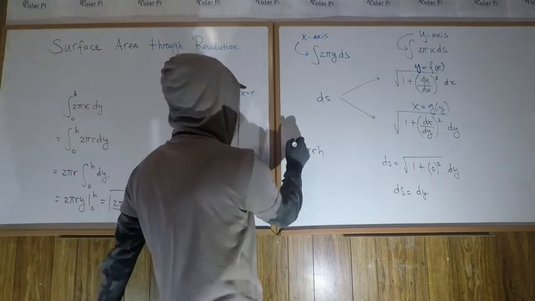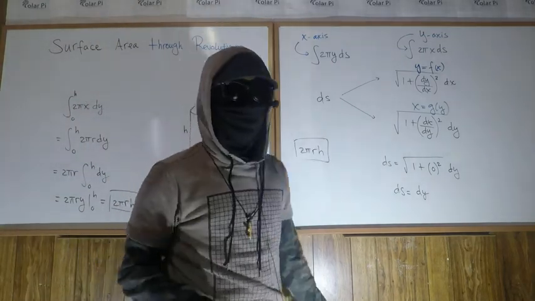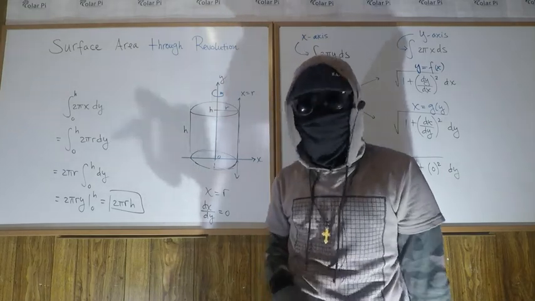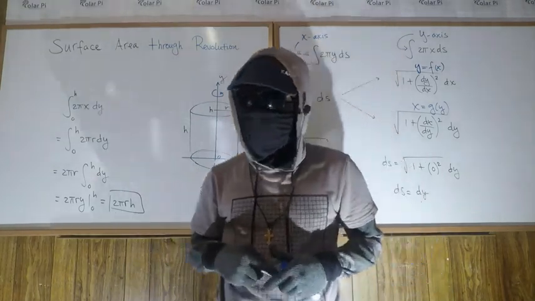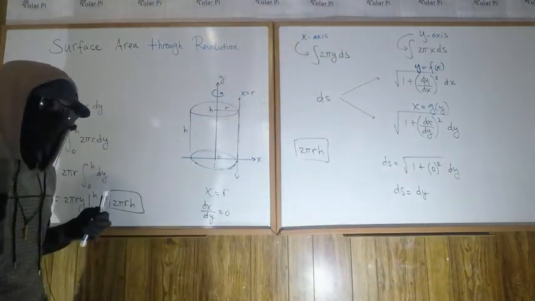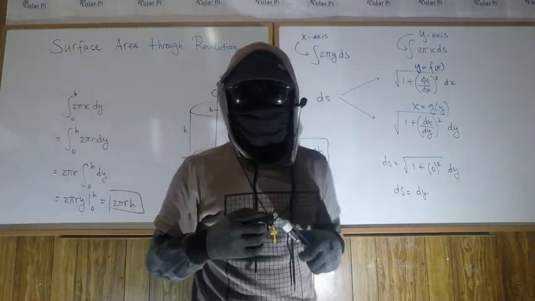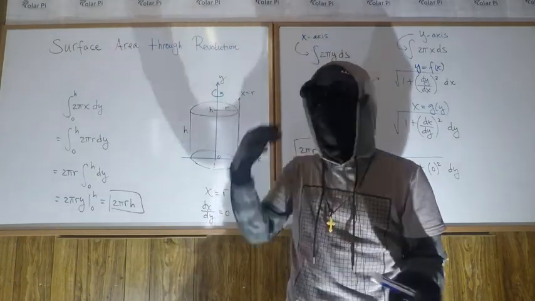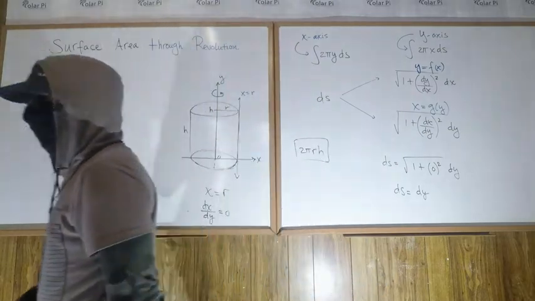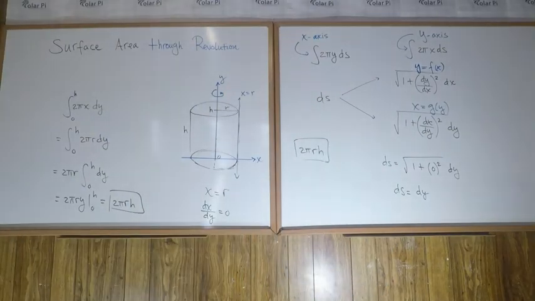It agrees with what we said was the lateral surface area of a cylinder, yeah? Okay, cool. So I just wanted to make abundantly clear that this surface area through revolutions does not cover any end caps you may have in your shape. Okay, but now that we have done this,